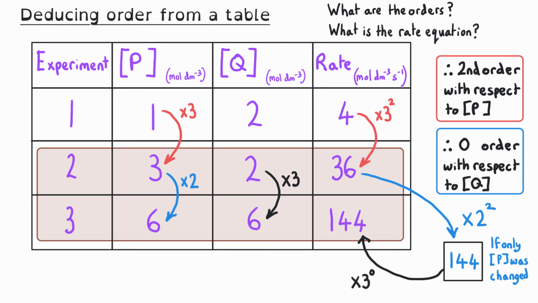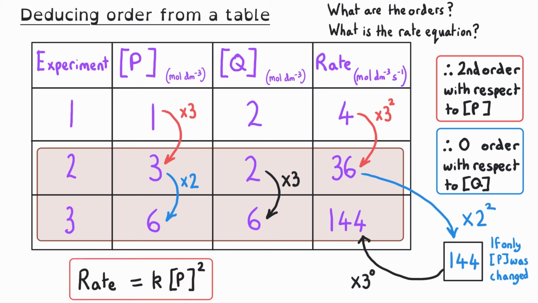And that means that Q must be 0 order, because the rate of reaction has been multiplied by 3 to the power 0. In other words, it has been multiplied by 1. And so the rate equation this time is simply rate equals k[P]², and the reaction is